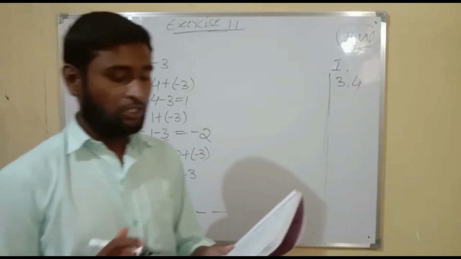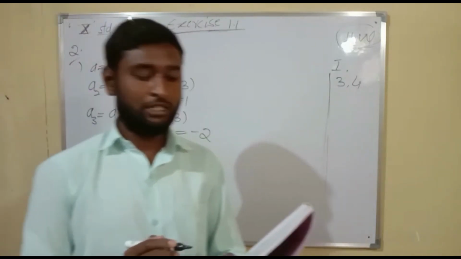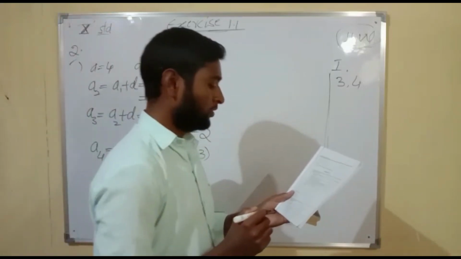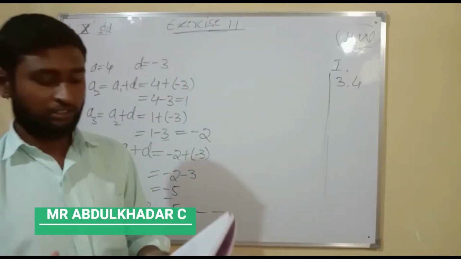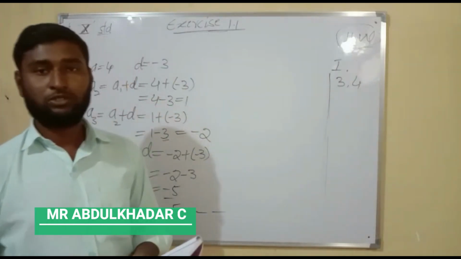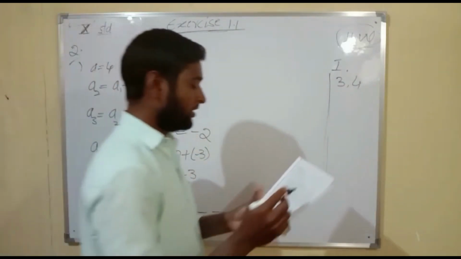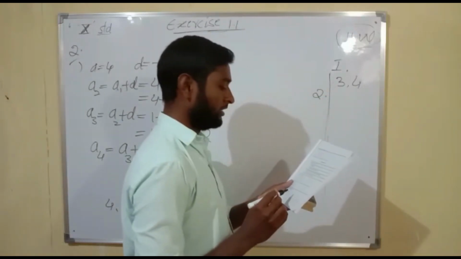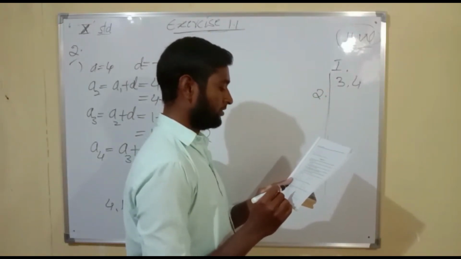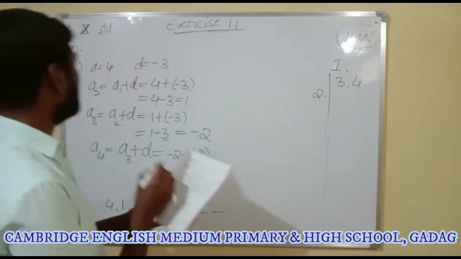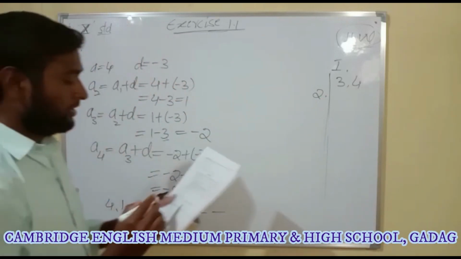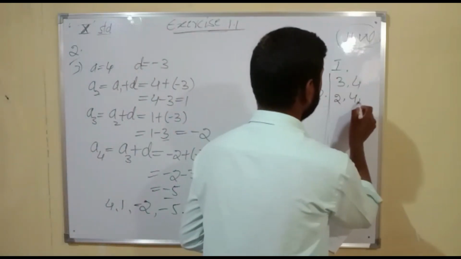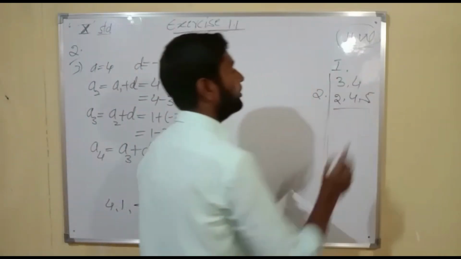Okay, so here also the remaining 3 sums are given as homework. If you do not understand anything from that, you can come to the school, I will tell you. Okay, see there is the second one too. Third and fourth, I have solved. Okay, the second one, fourth and fifth one. Second, fourth and fifth, these are the homework for you. Okay.